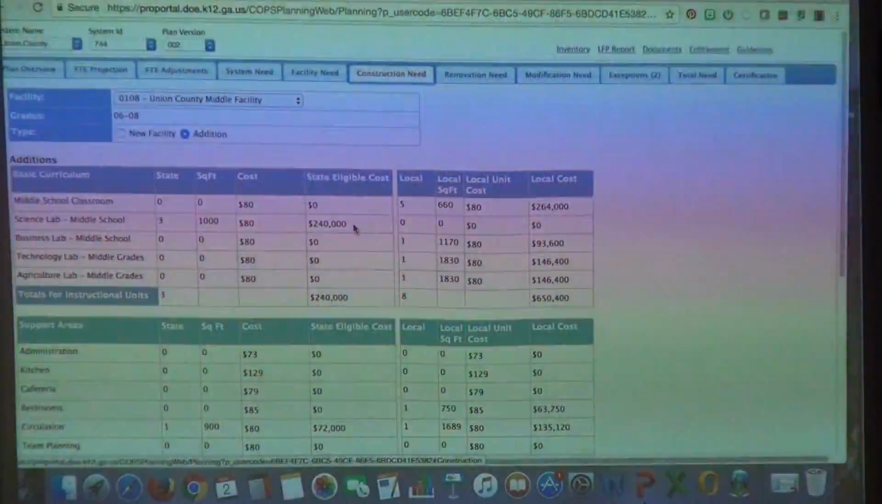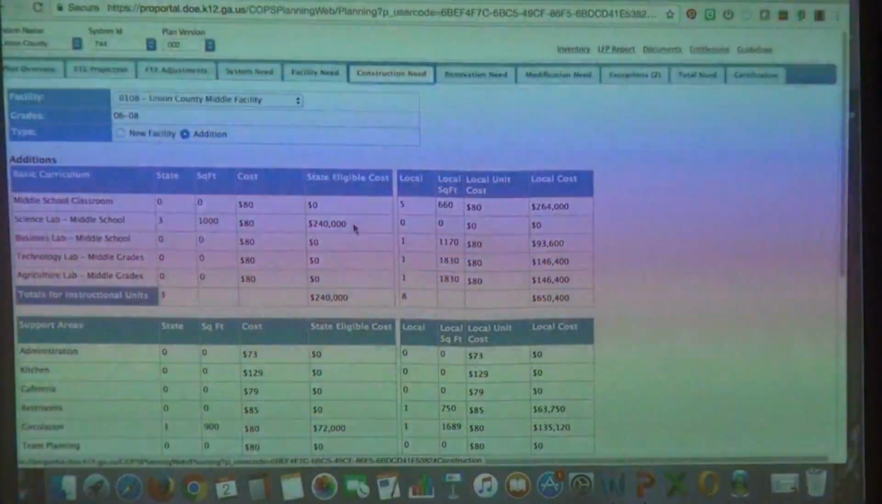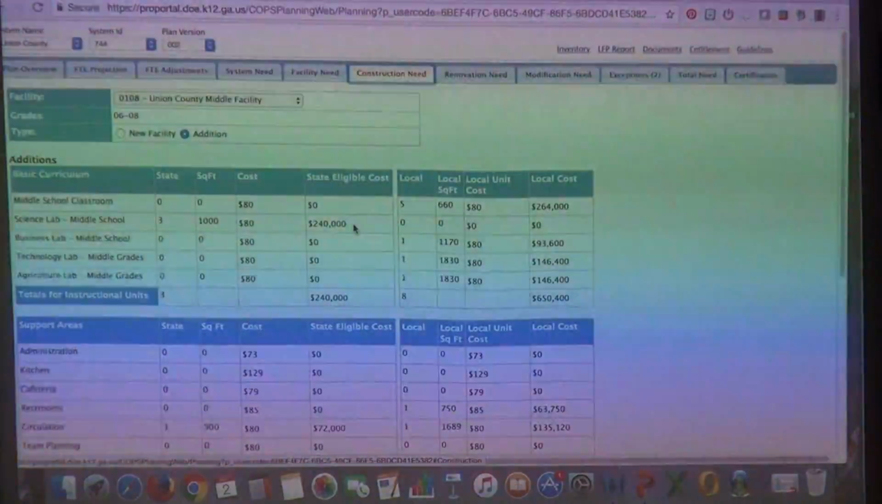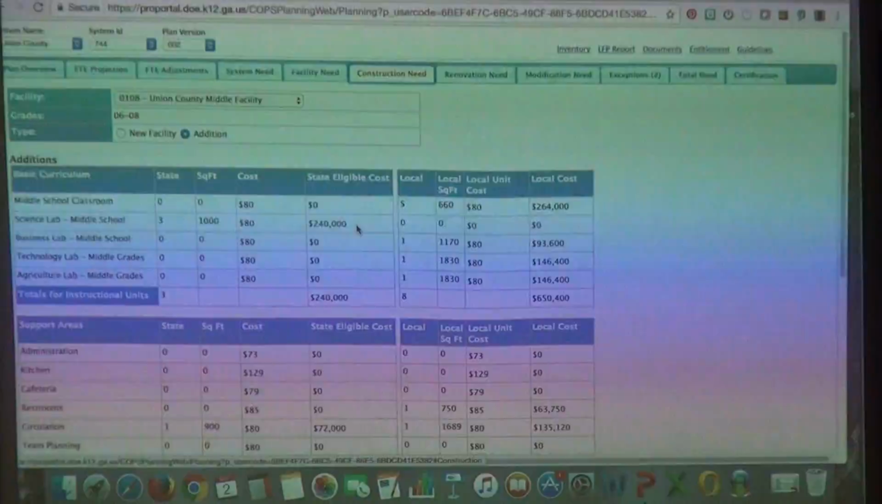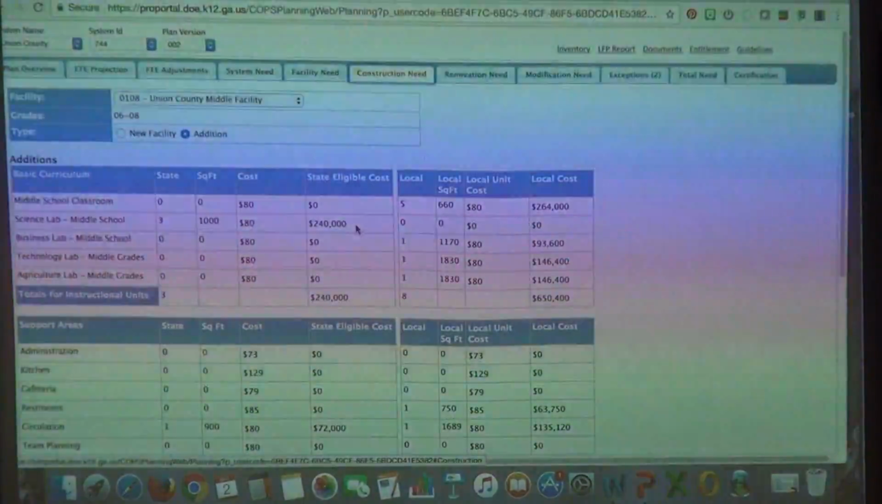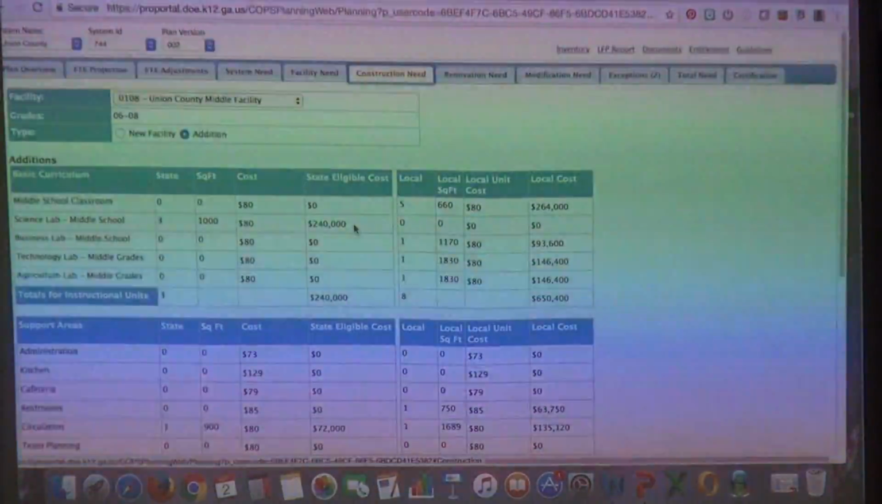You're not in the situation right now that they're going to require you to do it, because there's usually like a 10% variance that they allow. So they're not going to make a big deal about you only having three needs. But if it went above that, they would start to ask questions. Why aren't we building those additional science labs? And so you can see that's a $240,000 participation at the state. It's a state share of the cost. And if you go